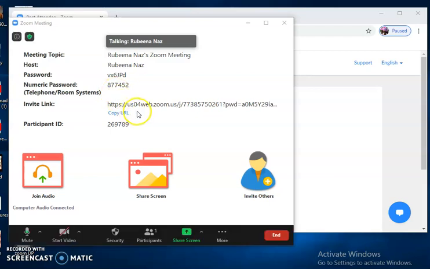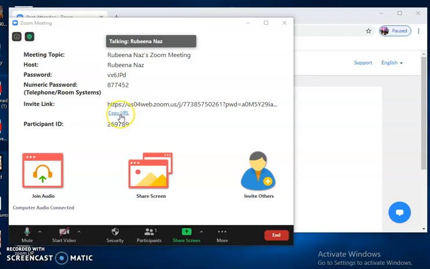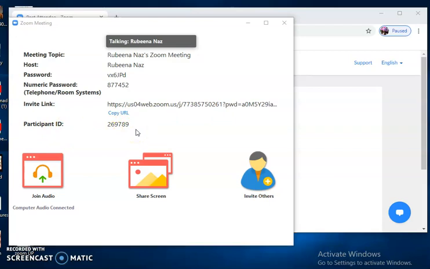The third one is the invite link. When students are not checking, or maybe it's not working, or sometimes we get a copy of the invite link but it's not copied properly or it's not working, we can copy it again from here with the password. This is the password, and we can easily send it again. Okay, that is the participant ID, so it is also not necessary to see or explore.